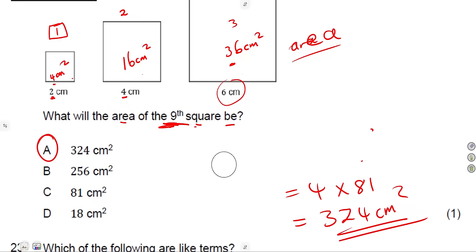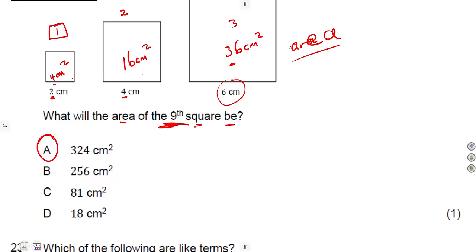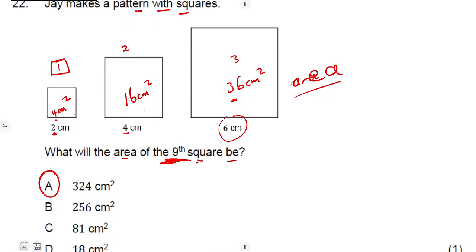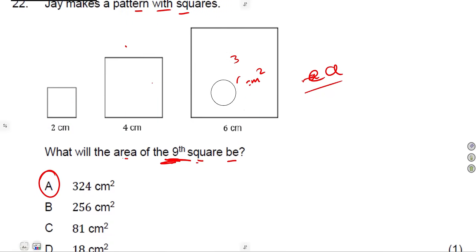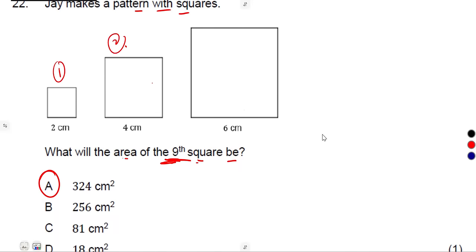Okay, we used area there. But someone could say, okay, what if I just use the sides as they are? Why are we working with the area whereas we are given sides? This is the first, the second, the third. So it's just like